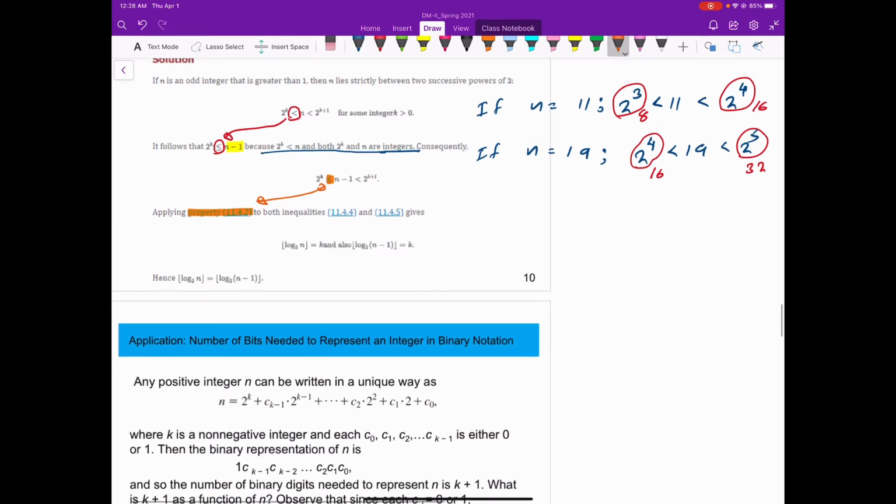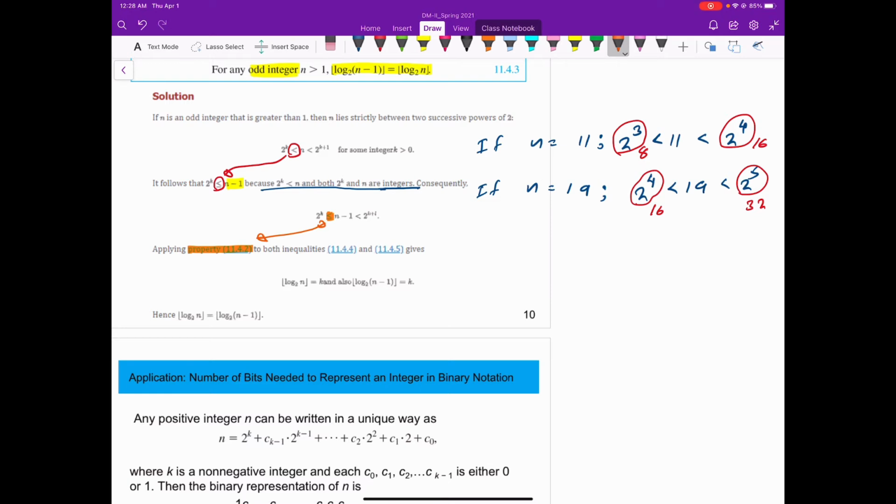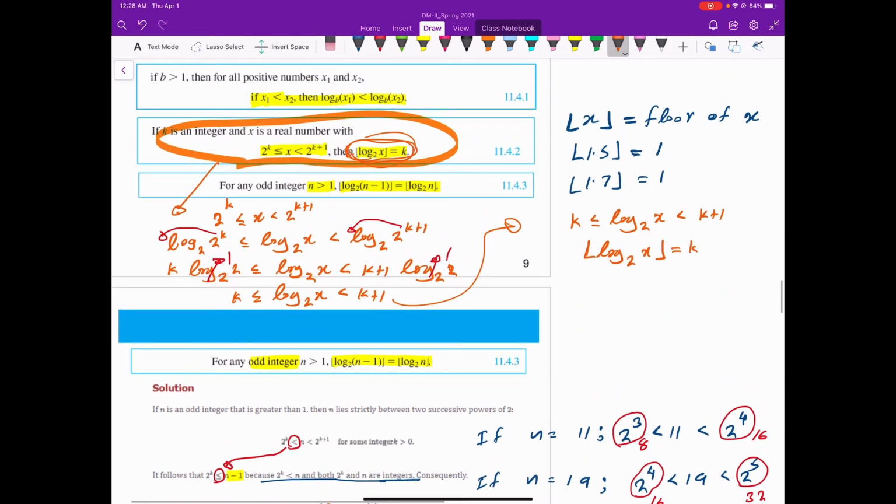By using that property we write log of x to the base 2 equals k. Okay, here it is simply, let me take this part out. It is not clear. So then I write, and okay, so this part is supported by that property. K equals log of n, which is this property. And then